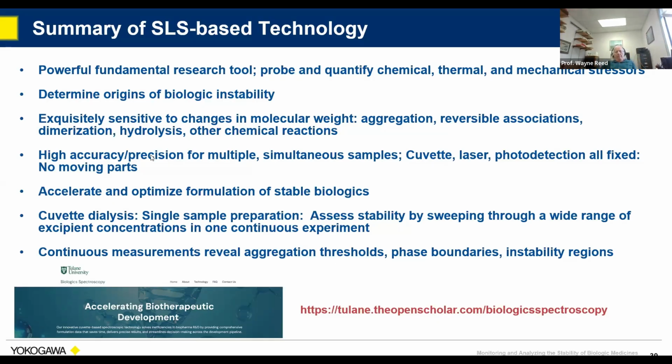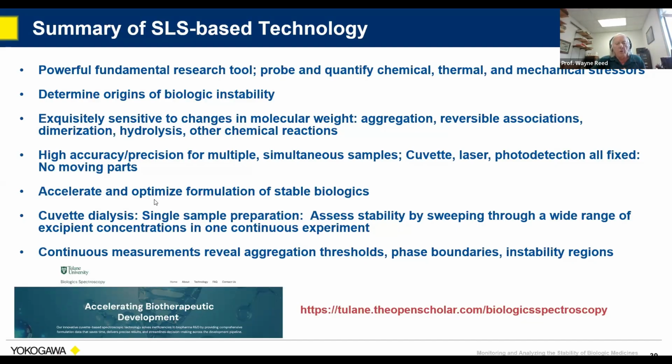Another nice thing about the Argand is that it has multiple cells. And if you couple it with the dialysis, you can do whole sweeps. And there are no moving parts. If you look at a well plate, for example, you can do 96 or more simultaneous samples. You can have a robot or a hapless technician fill those 96 wells for you, put it in a reader, and then the plate moves around with respect to the fixed light source and detector. So you can get a lot of different artifacts, whereas in the Argand, everything is fixed and stable.